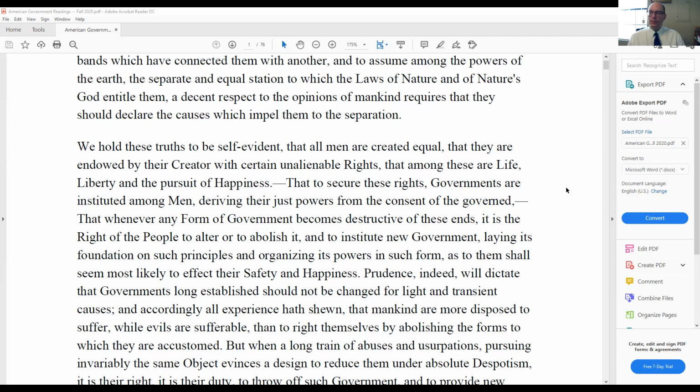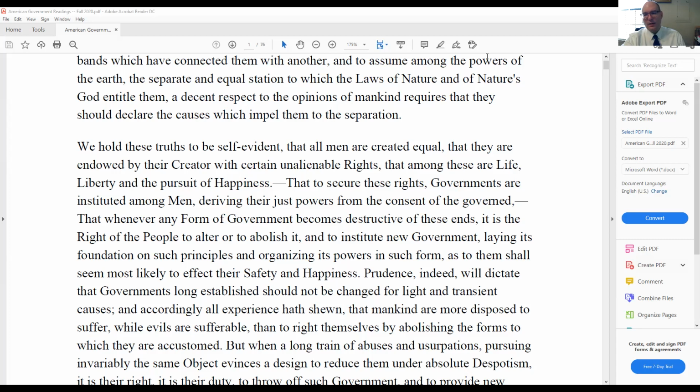Then he goes on and says, prudence basically says you're not going to do this at the drop of a hat. Basically what he's saying here at the end is that there's a right to revolution, which is very radical and, no pun intended, a literally revolutionary idea, both in the sense that obviously it's justifying revolution, but it's also very new and really kind of shocking to people. No one had really quite thought of government that way before, that the people can just rise up and overthrow it whenever they feel like it's not doing what it's supposed to for them.